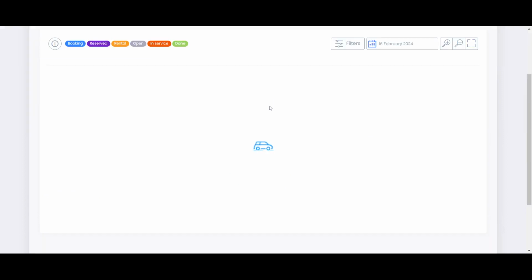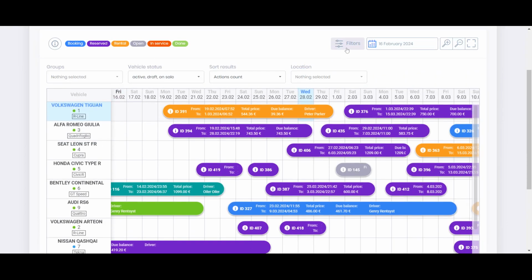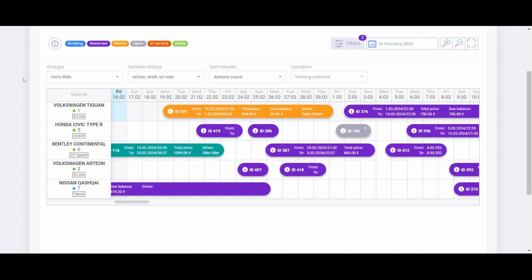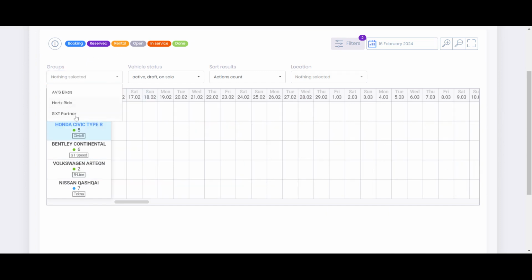Okay, let's go back and finally check the filters. So you can also use some filters here. In my case, I have 10 cars here, and they are grouped by 3 different categories of vehicles. So you can also filter by the groups. So for instance, Hertz, right? You can see I have only 5 cars here. Or this one,